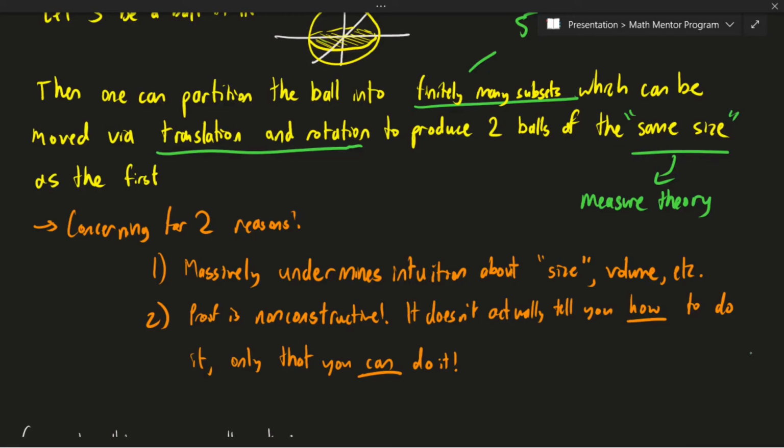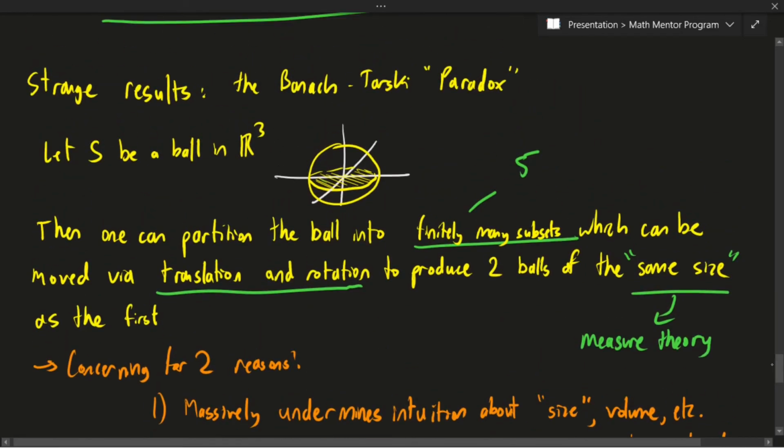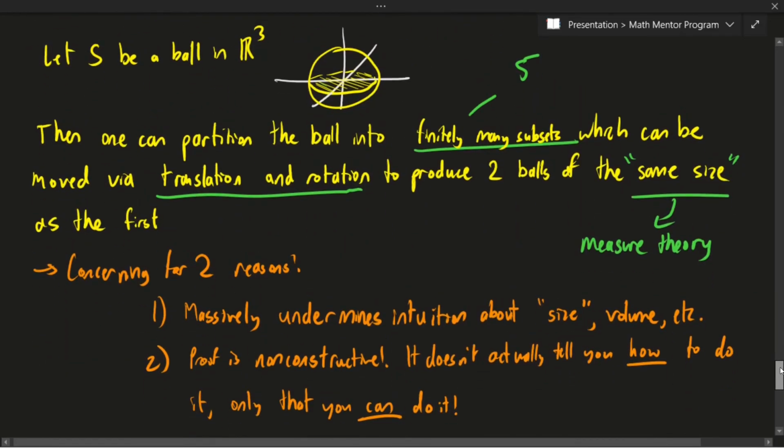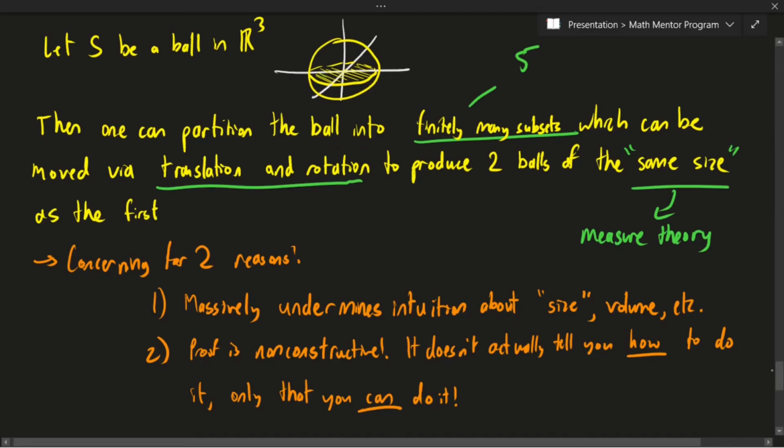But maybe that's not too bad. There are some results in measure theory that are non-intuitive by their nature. But perhaps the most concerning portion of all this is that the proof is non-constructive. It doesn't actually tell you how to do this splitting. It only tells you that you can do it. It tells you that you can do it if you split the ball up into 5 subsets. But to construct those 5 subsets is very difficult. Of course, you can imagine that just cutting the ball in 5 nice pieces is not going to work really well. Actually, in order to do this construction that Banach and Tarski came up with, you have to divide the ball into these pieces that look extremely ugly. How ugly? Well, as ugly as fractals.